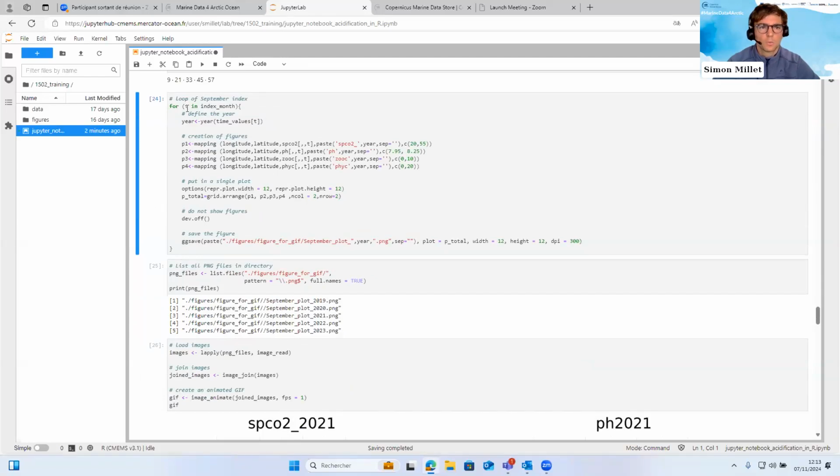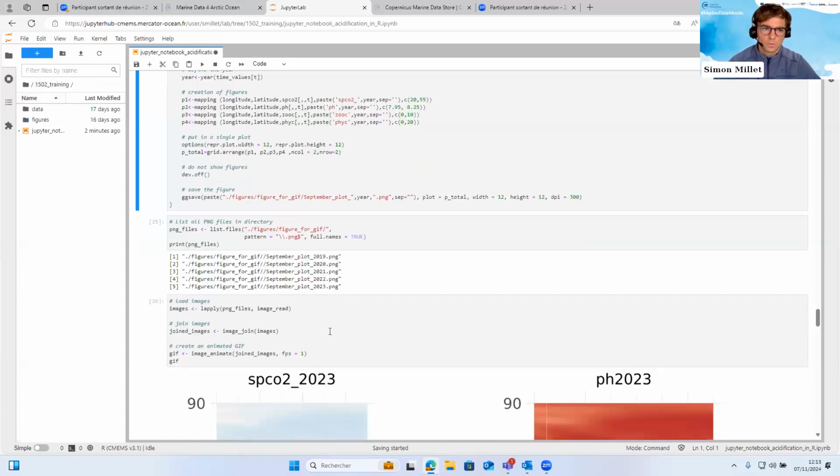And then here is a cell to create the whole plot, but it takes some time, and so we have already done it in this folder here,